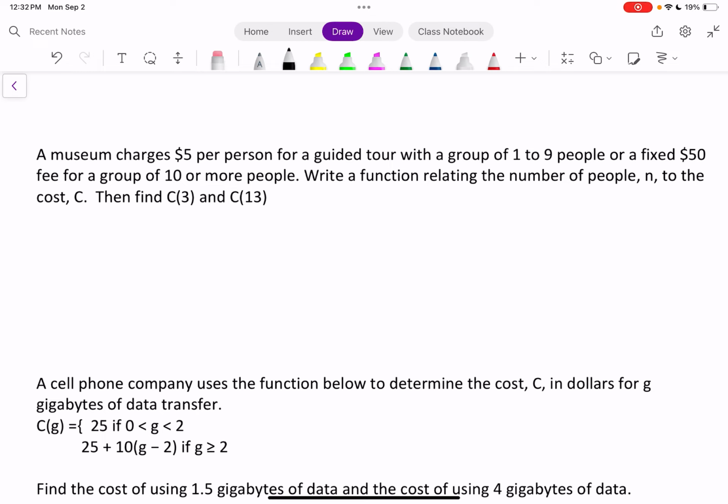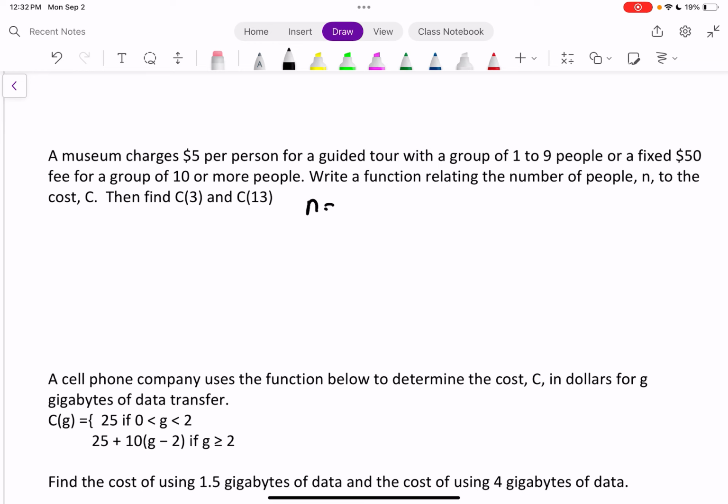Or a fixed $50 fee for a group of 10 or more people. So if you bring 10 or more people, you basically just pay for 10 people, no matter how many more you bring. So write a function that relates n, the number of people,